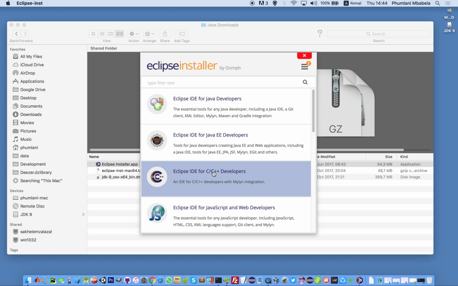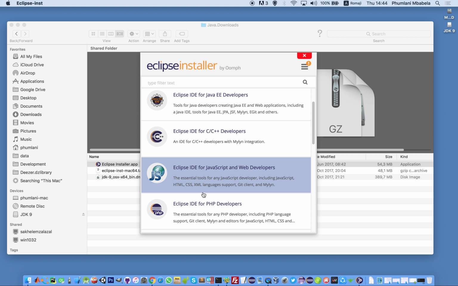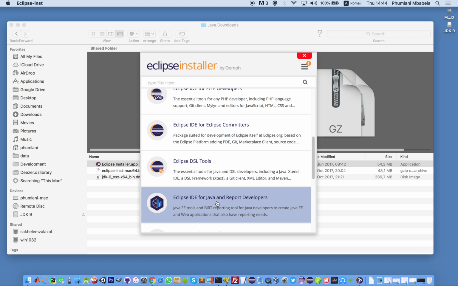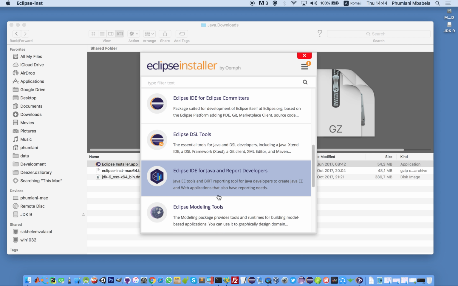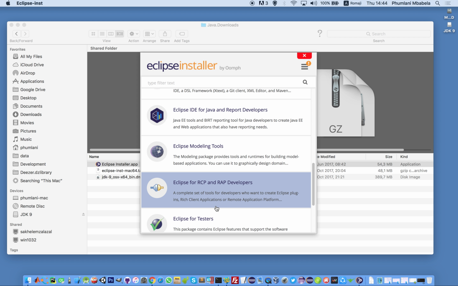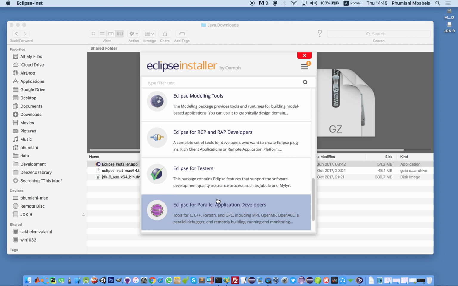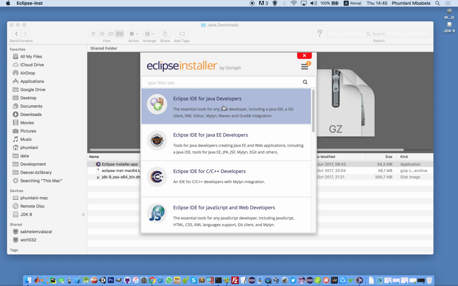Then there is Eclipse for C++ developers. That one we will take in a different course. This one too is going to be a different course. We're not going to touch on that one. Basically, what I'm saying is don't worry about these things mentioned here, as we go along you go along with us. This is general programming. As you go along with us we will unveil these tools mentioned. But at this point in time, when you're interested in Eclipse for Java developers, you're in a Java course now,